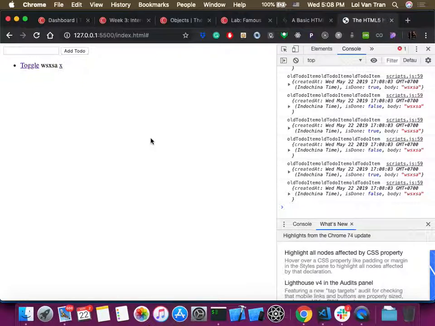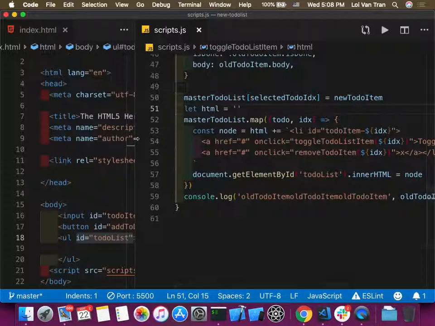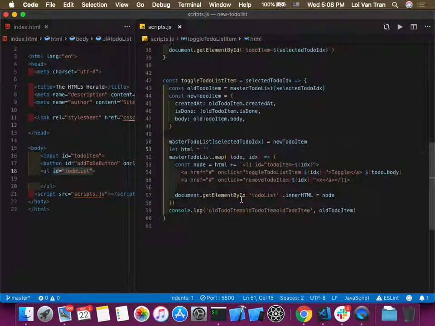Our users expect buttons. They expect indicators such as strike-throughs. They expect colors. They expect all types of stuff. So how can we indicate to the user that this is off or that this is done? We can do a strike-through. And how can we do that? Whenever we create this list item, we can add a style attribute. Style equals,